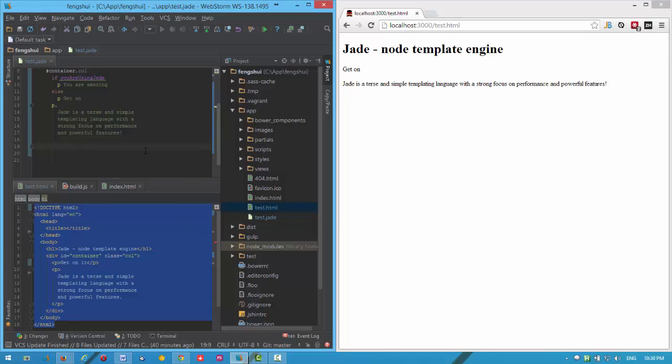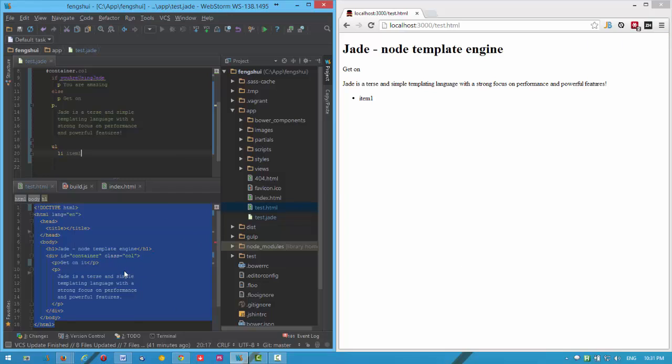And if I want to create UL on the same level as our paragraph, so they can be compiled to sibling tags, sorry, and li, and inside of li I type item 1. Yep, and yeah, we have this